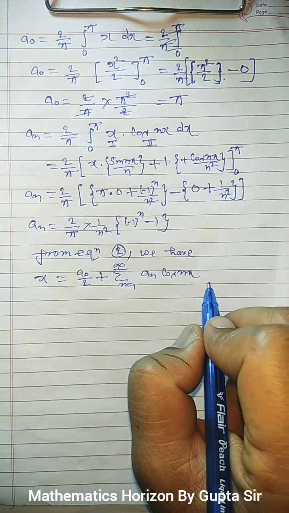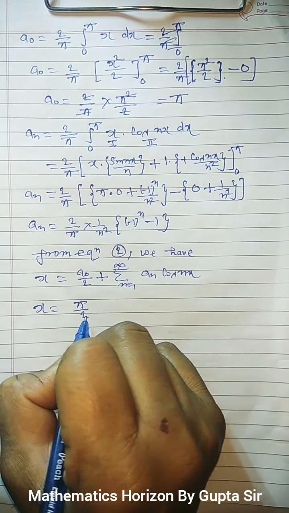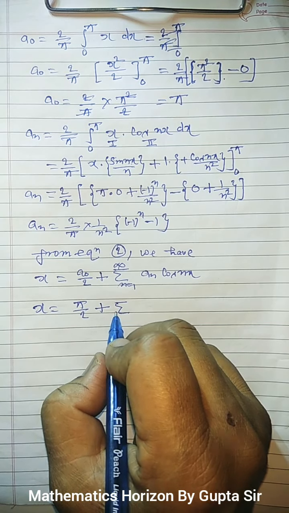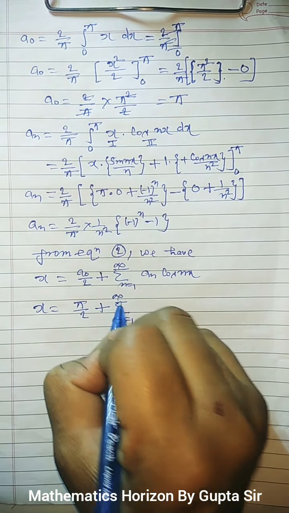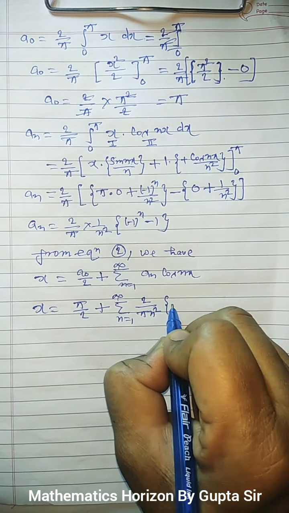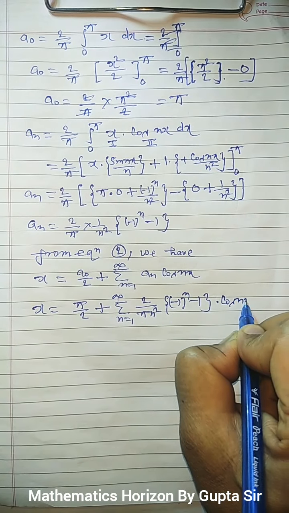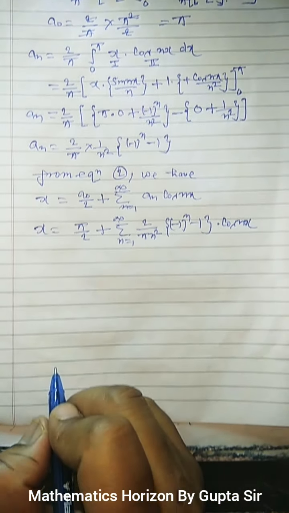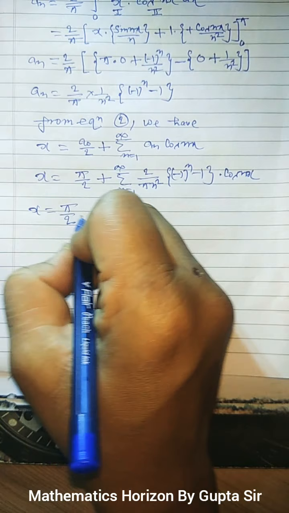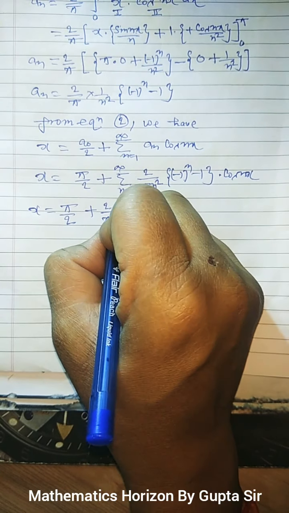Okay, and the value of a0 is pi, that is pi upon 2 plus summation n equal to 1 to infinity, an means 2 upon pi n square into minus 1 to the power n minus 1, and here we have cos nx, that is x equal to pi upon 2